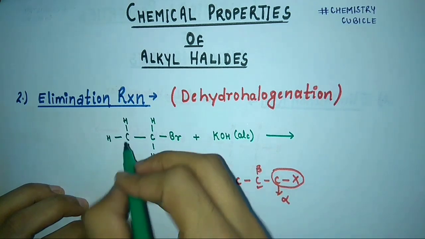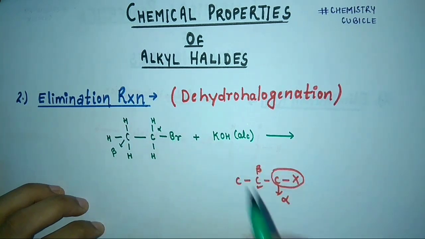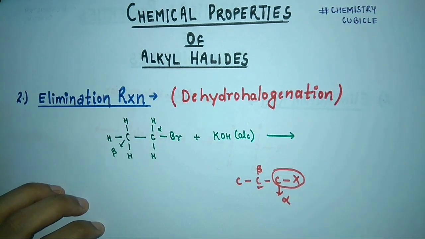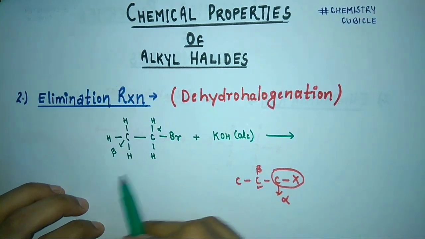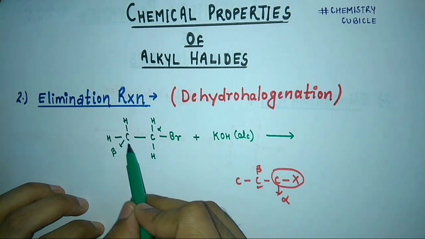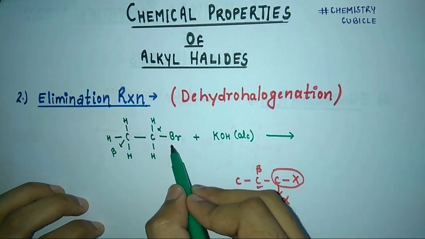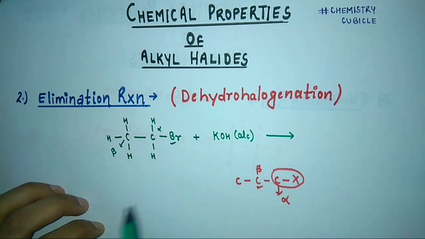Okay, so in this case this carbon will be beta carbon and this carbon will be alpha carbon. So what will happen when this haloalkane is treated with the alcoholic solution of the KOH? Then hydrogen will be eliminated from this beta carbon and the halogen will be eliminated from this alpha carbon atom,